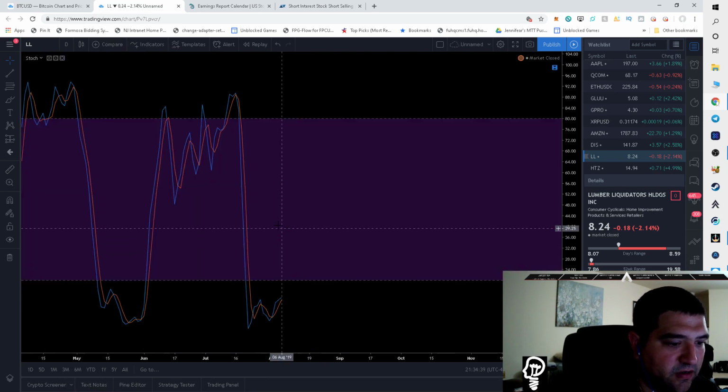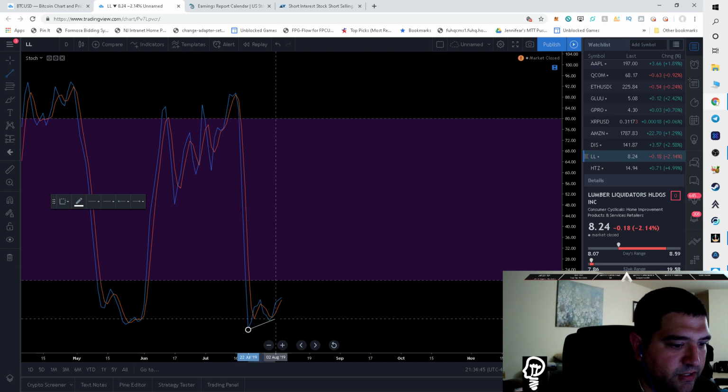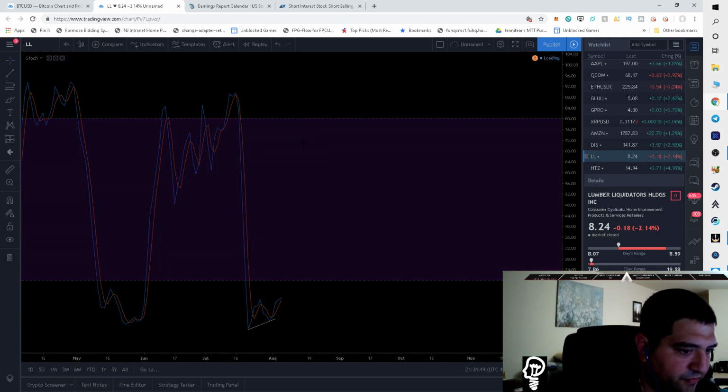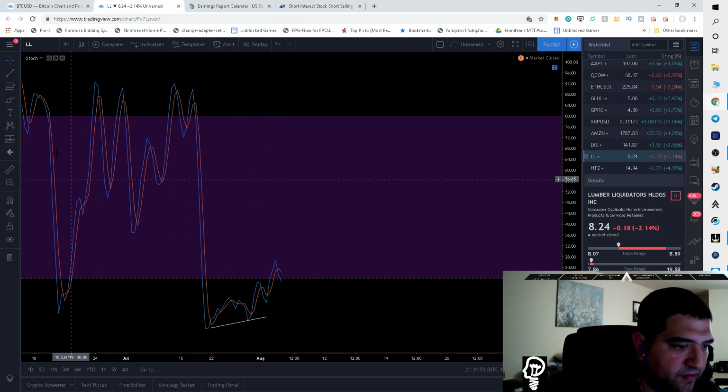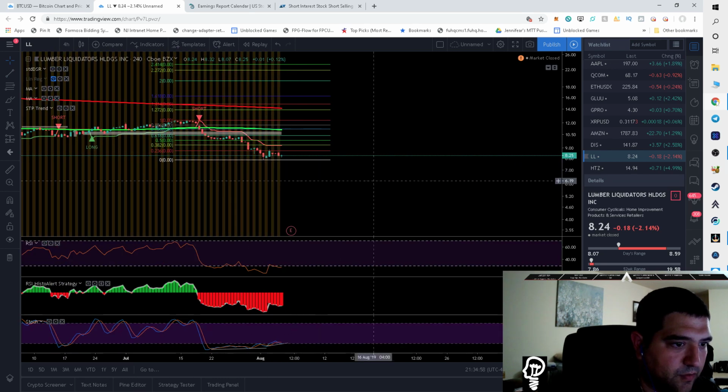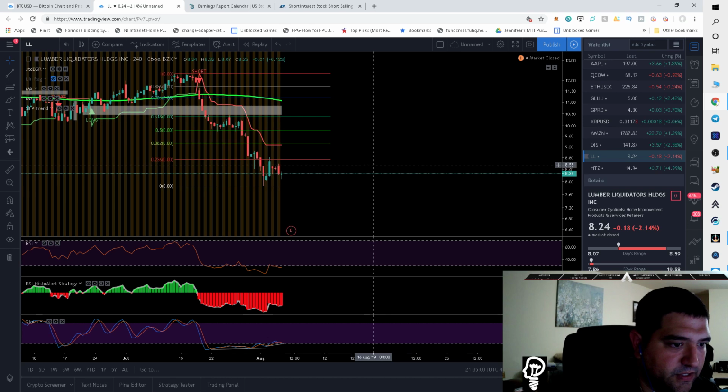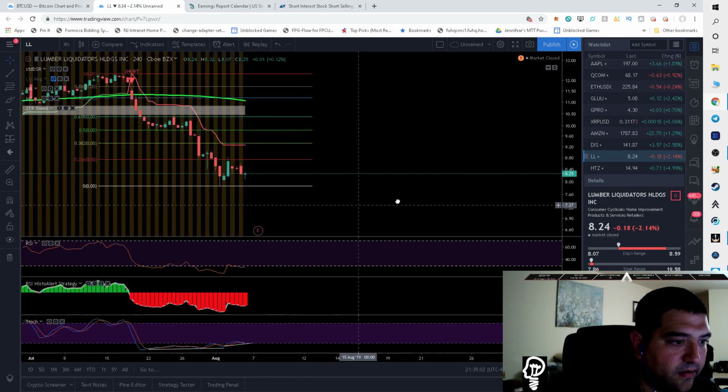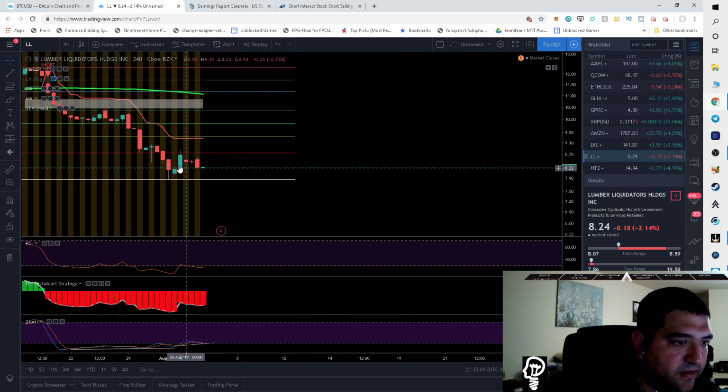Our oscillators, we are oversold, right? So we do have a little bit of divergence here. You guys see that on the daily. On the 4 hour, we can also see the same divergence playing out, probably a little bit more divergence here. You could also argue that that is just a bear flag. And though I did see that we made a higher low